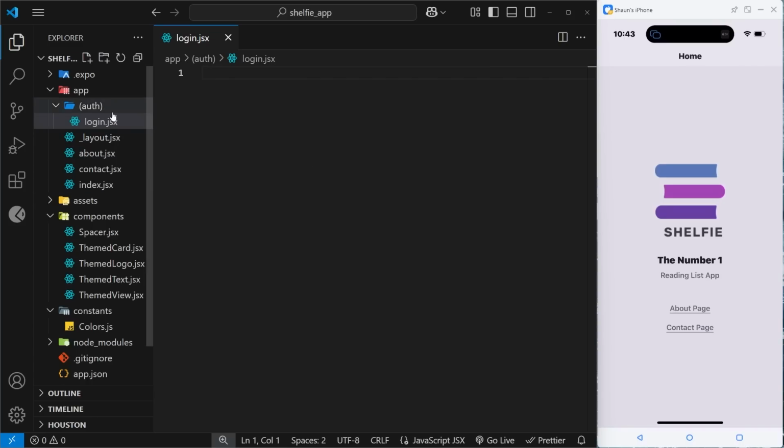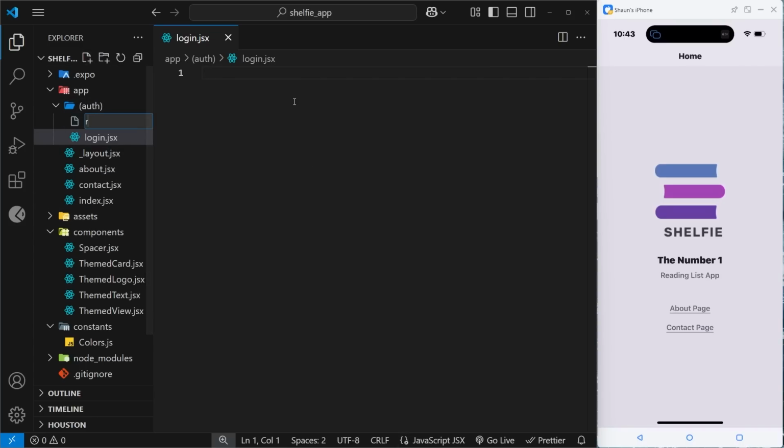Likewise, if I also make another file called register.jsx, then the path for that page would just be /register and not /auth/register. So why, if we don't even want the folder name in the path, would we even bother making a